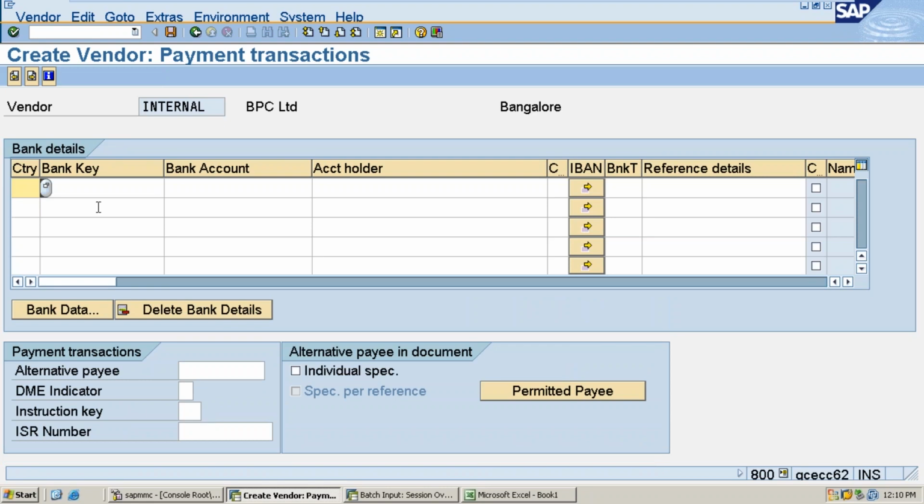That's what I'm doing. Now I want to enter the vendor master bank details. For example, BPC is my vendor, and he has 3-4 bank accounts. So I need to fill in the bank accounts. Or else you can keep this field blank and go ahead also, no problem. Any alternate account number pages, you can specify.